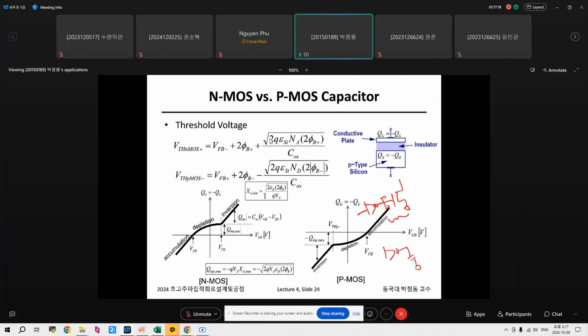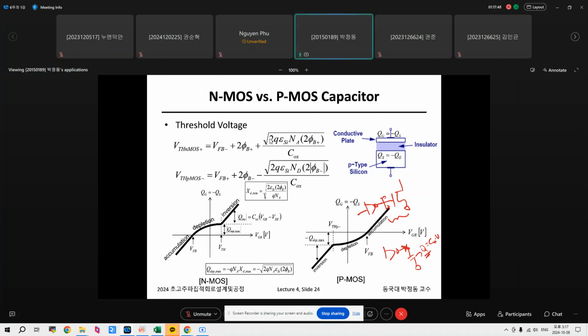So we are interested in the total charge Q, Cox multiplied by V, right? This Q. How can we understand the stored charge Q in terms of the charge at the input? Okay, so let's say